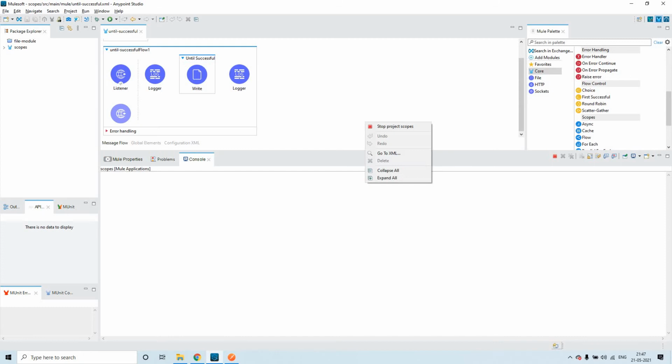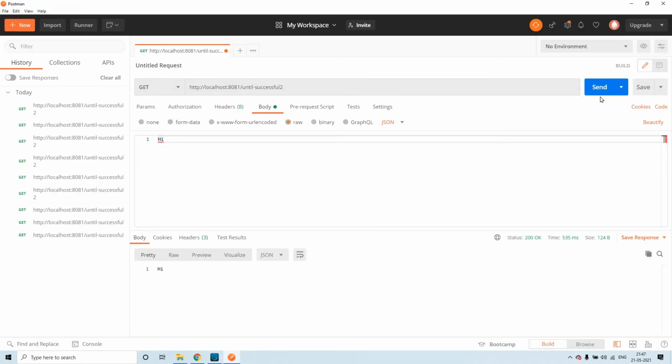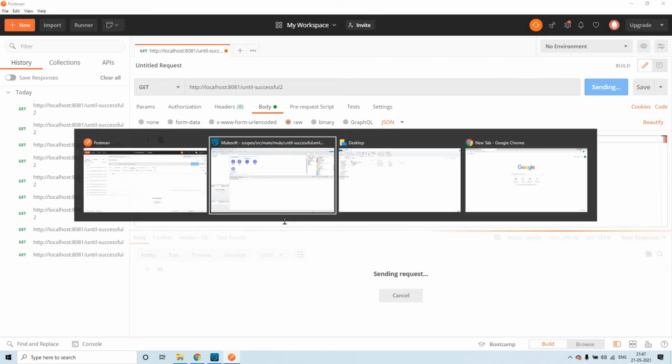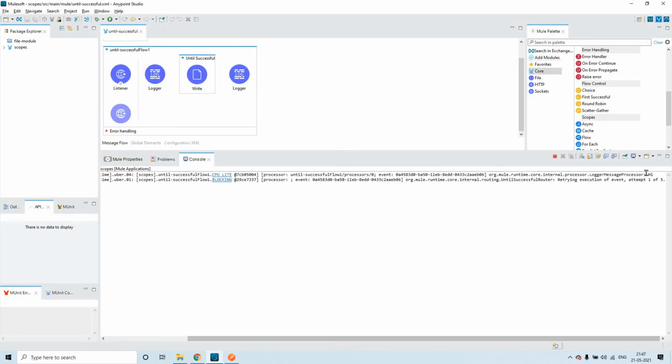So it will not create a folder this time because create parent directories is set as false. Okay, so now let me send the request to the same HTTP listener. Click on send. Now you see here only the first logger got printed, and it didn't get any success acknowledgement from this whole scope. So that's why it is retrying actually. Okay, so attempt 1 of 5 is done. It will try every 20 seconds based upon the configuration. Okay, so retrying execution of event, attempt 2 of 5. Now let it execute for a third time.